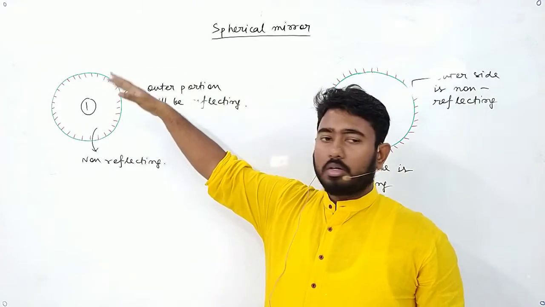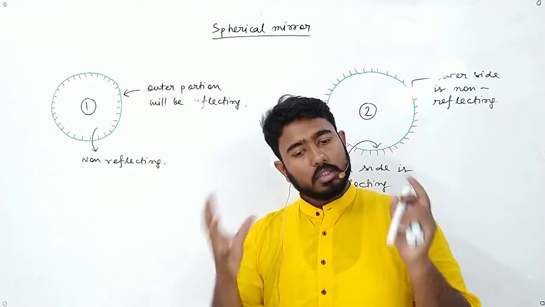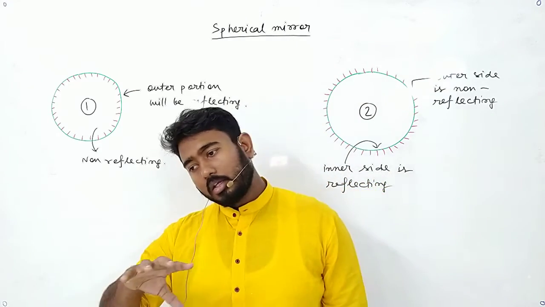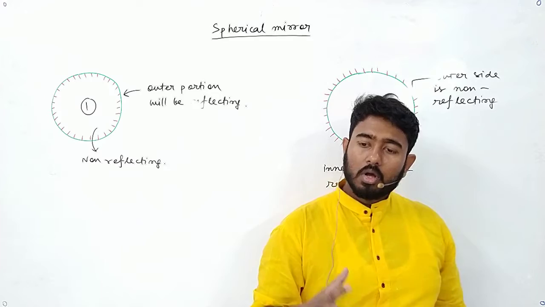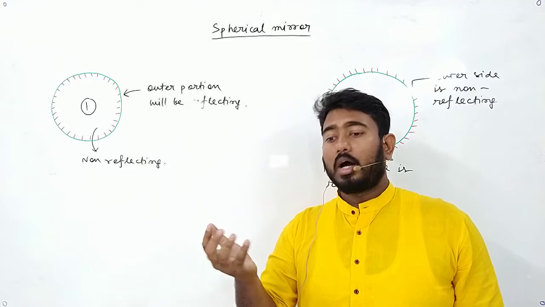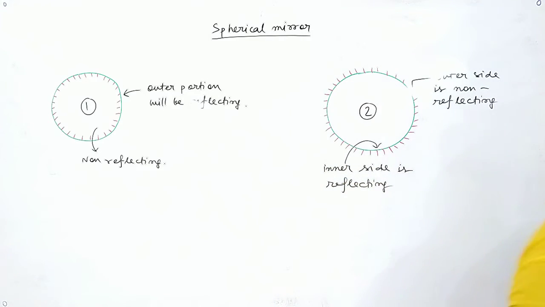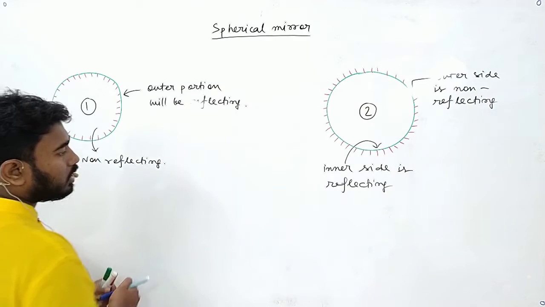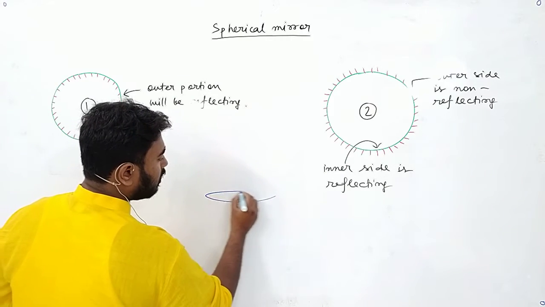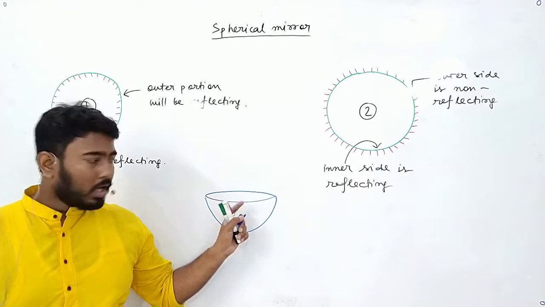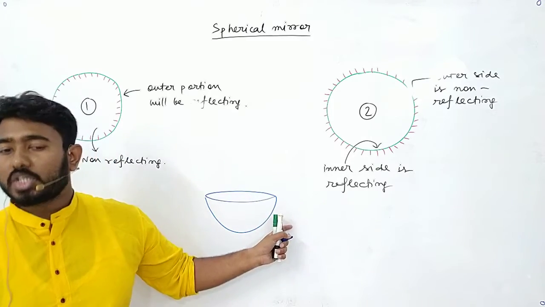Now if we cut this mirror in such a way, we get a three-dimensional portion. What is a 3D portion? Have all of you seen a kadhai or a bowl at home? What do you see in a kadhai or bowl? It looks like a hemisphere, right? This is how a kadhai looks. Is a kadhai part of a sphere? Yes, and a kadhai is part of a spherical shell, right?